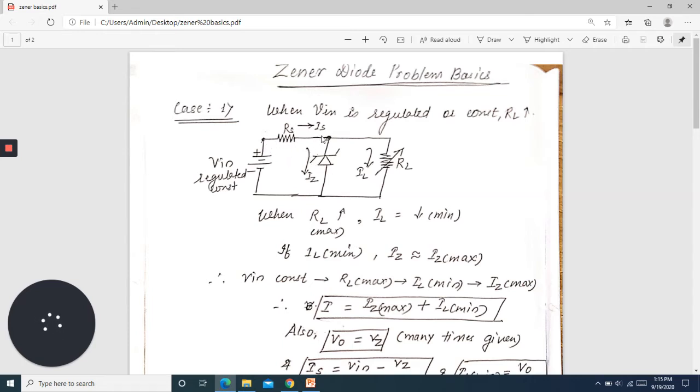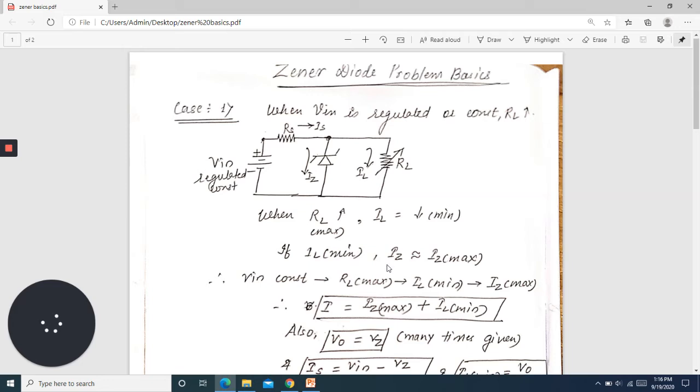When the current I reaches this point, just above the zener where it is placed, the current gets divided. The total current I, which I have also marked as IS, will be equal to IZ plus IL, as we know that from this particular node the current is getting divided. The total current approaching this node is getting divided, and we have changed the name to IZ and IL.